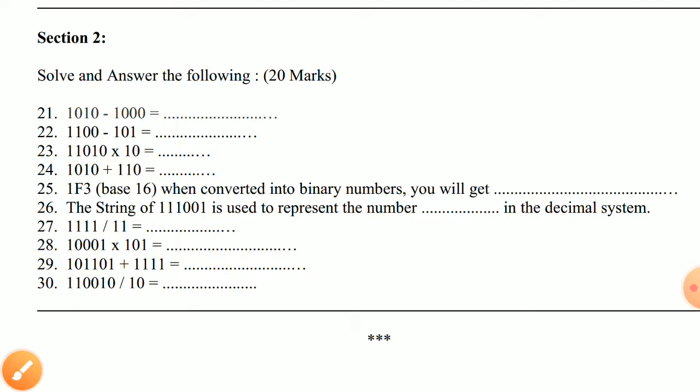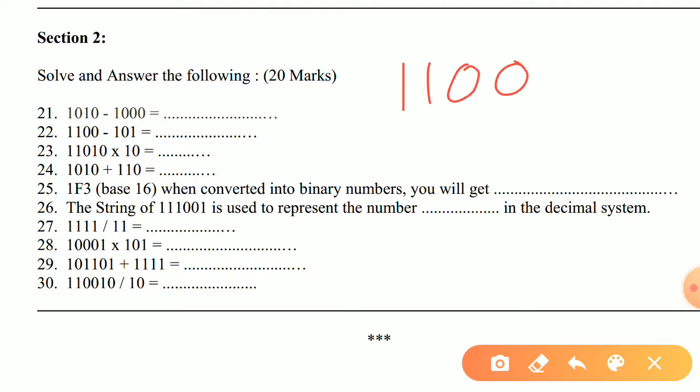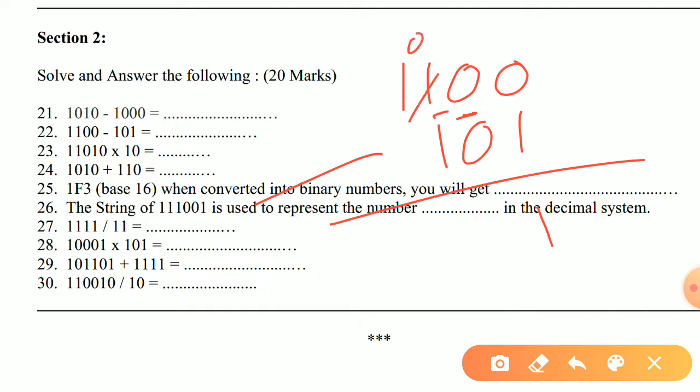Now for the 22 question. See again subtraction we are having. So 1100 minus 101. Let us do the subtraction. We are having 0 minus 1. Now you remember when we were having 0 minus 1, the answer will be 1. But we have to take a borrow from the left hand side. And from the left hand side we are having already 0. Now we are going to shift one more side to the left one. Now over here it is 1. It will become 0. And over here it will become 10. Now when this 10 will be giving a carry to this right hand side portion, then it becomes 1, and over here it becomes 10, and obviously the answer is 1 over here.